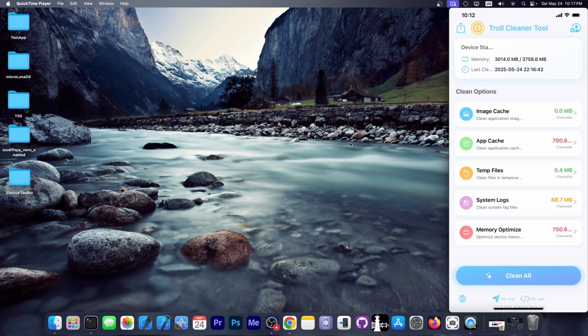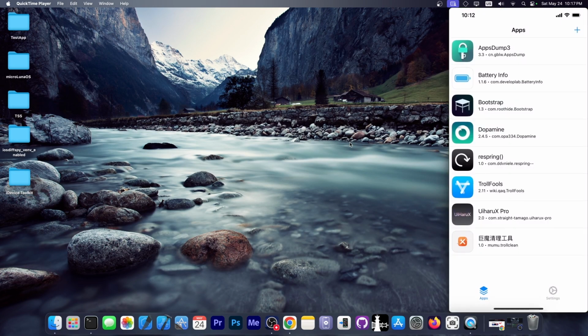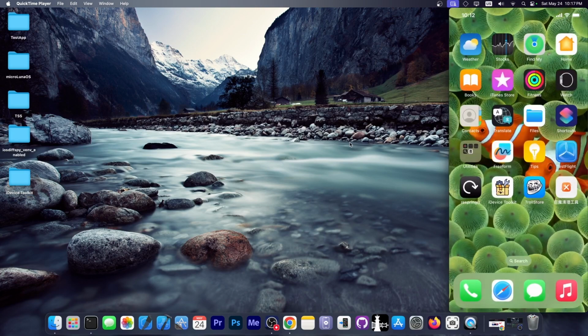This one has proper permissions, so it can do image cache cleaning, app cache cleaning, temporary files, system logs, and memory optimization. So if you find yourself with very little space left on your device and with a lot of system files that you have no idea what they are occupying a lot of that space, then this tool might be for you. However, this one requires TrollStore to be installed because TrollStore gives it proper permissions to do, well, the accessing